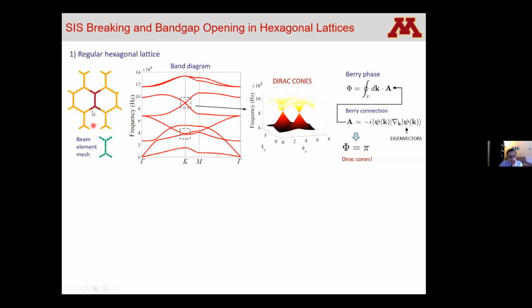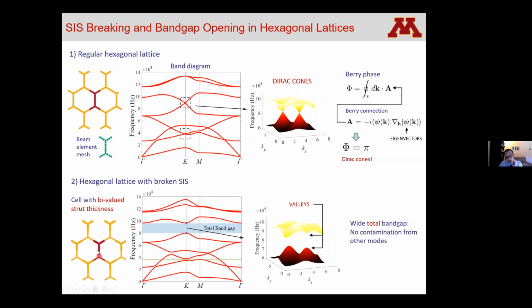Now, the second ingredient is we need to break the space inversion symmetry of the cell. And the way we do that in our problem is by playing with the thickness of the beams. Okay? So you see that in our unit cells, the beams don't have a constant thickness, but they are thicker here in the upper part of the cell, and thinner in the lower part of the cell. Now, when I break the space inversion symmetry, look what happens. This degeneracy is lifted, the Dirac cone goes away, and I open a band gap. Okay, so instead of having this crossing of the branches, I have a band gap. And these two points that I left behind are called the valleys of the